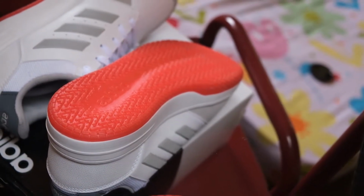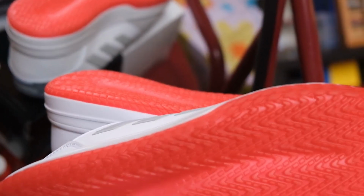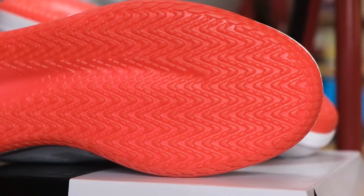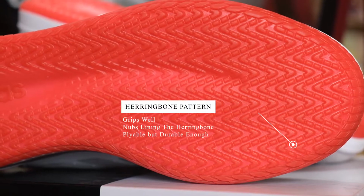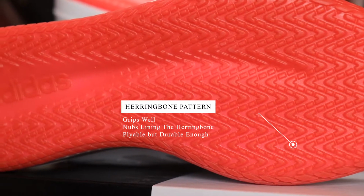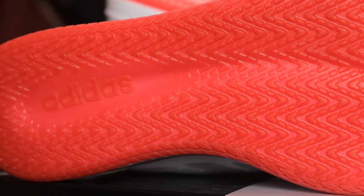So moving on to my two favorite things on this shoe, which are the traction and the cushion. First off, the traction. At first glance, the pattern was really unusual to me, but when I examined them closely, it's just a basic herringbone pattern and it does its job quite well. You can notice from the B-roll that Adidas implemented a row of nubs in that herringbone system. Again, they felt really good and I didn't slip in them at all when playing, apart from when I first wore them, because somehow there's a type of coating on the rubber itself that needs to be rubbed off when you're